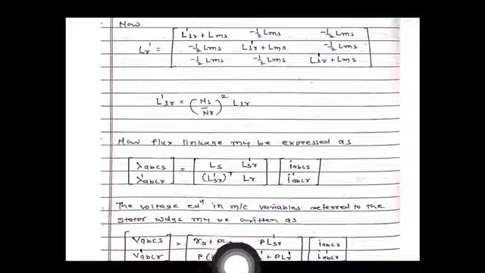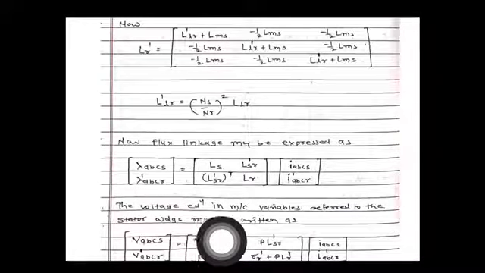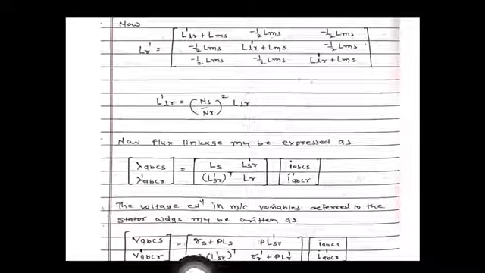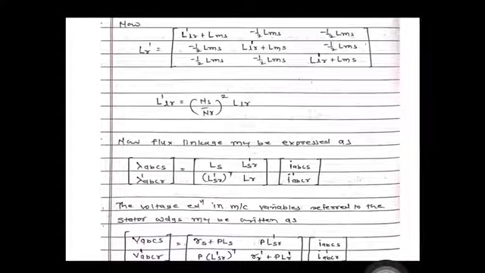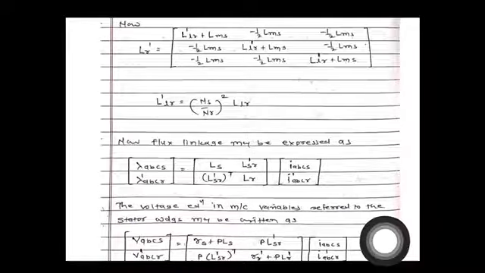So the voltage equation in machine variable referred to the stator winding may be written as VABCS and VABCR dash is equal to RS plus P LS, P LSR dash, P LSR dash transpose, RR dash plus P LR dash, into IABCS and IABCR dash. So this is the voltage equation in machine variable referred to the stator winding.